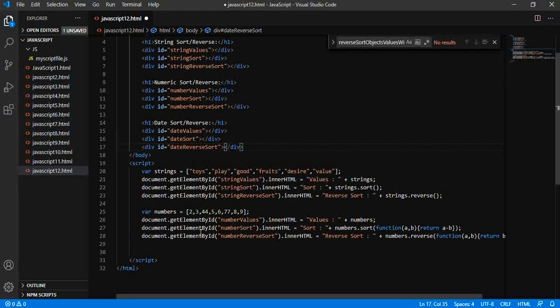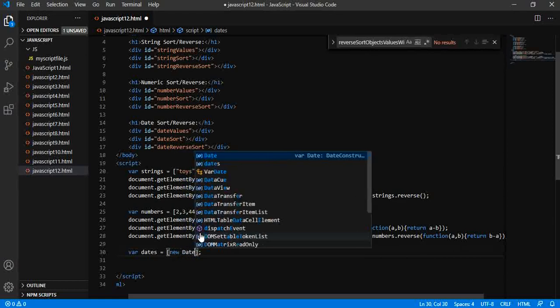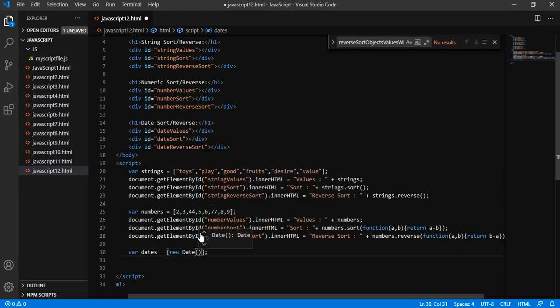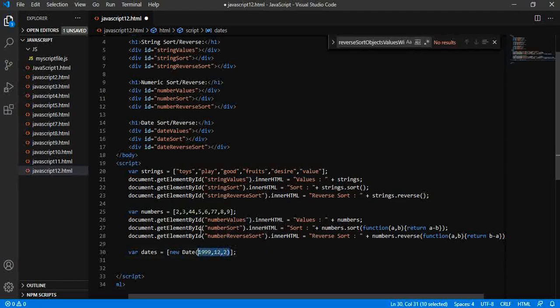Let us try to create the date array. Let us say I am saying 1999 December, 2nd December of 1999. So these are the 4 values.